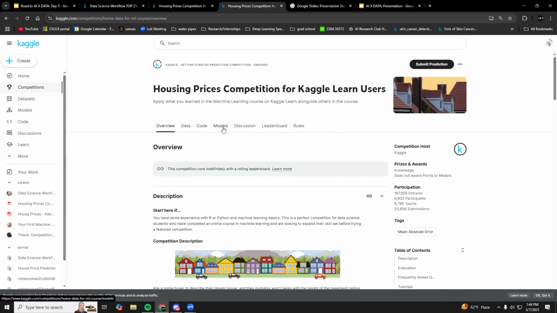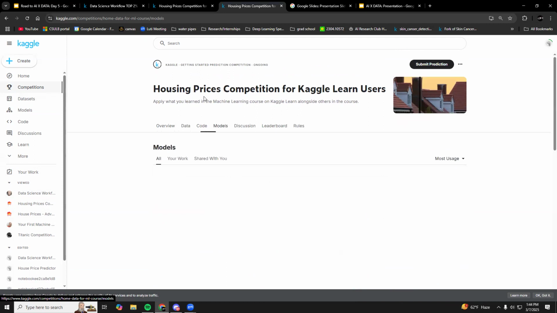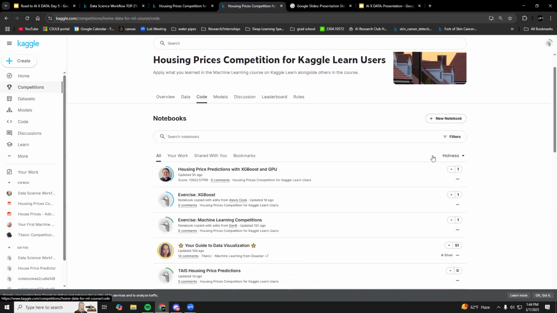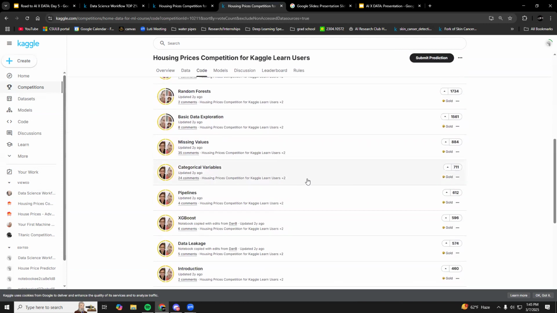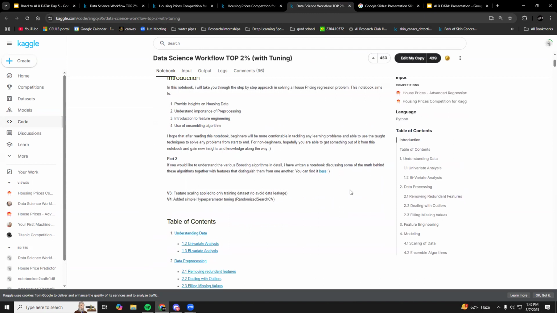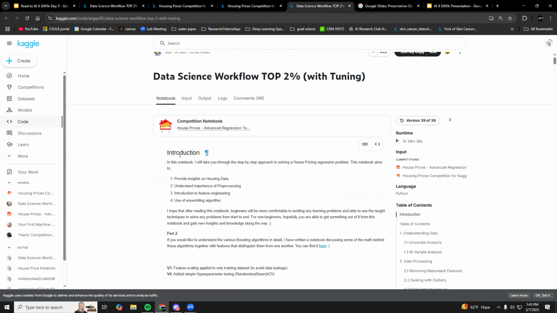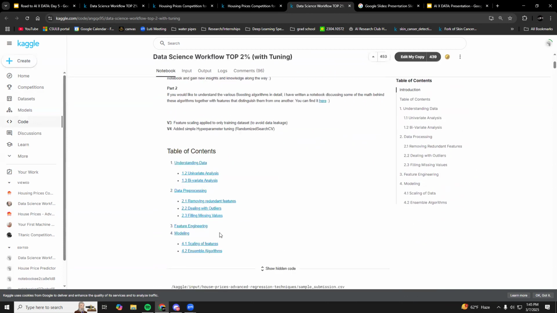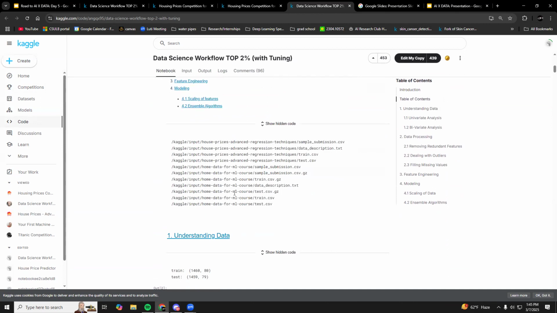Now I wanted to show you what a notebook looks like. I could probably find it on here. If I just go to most votes, this one is a highly voted one. Yeah, this one right here. We're going to go over this as a really good example of what your notebook should look like. This one is built more as a tutorial. In his introduction, he says, "I will take you through a step-by-step approach on a house price regression problem." And then he goes step by step. You don't have to do all of that. Basically, we want you to start around here.